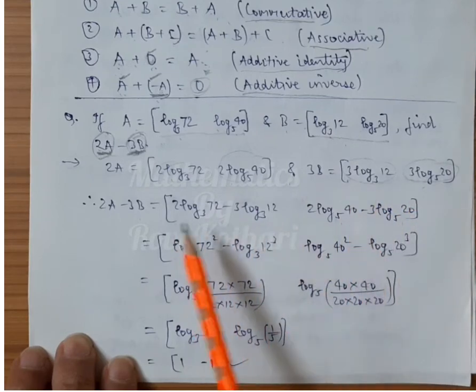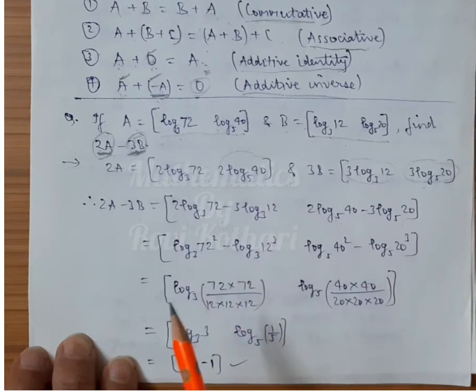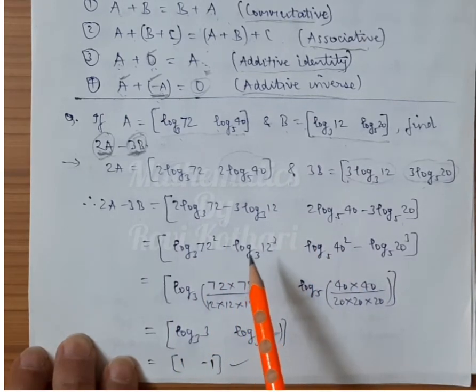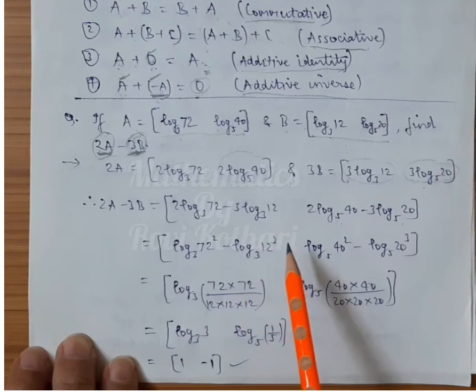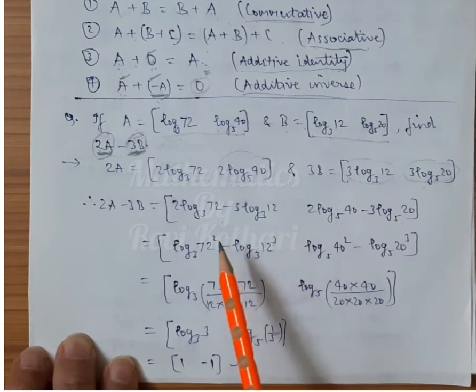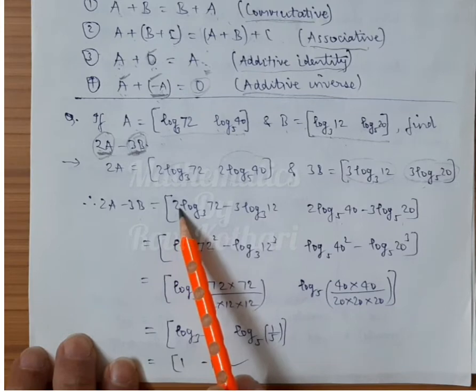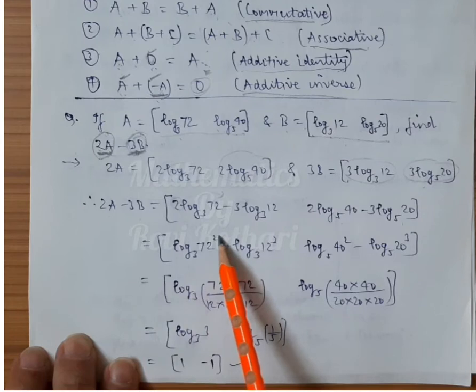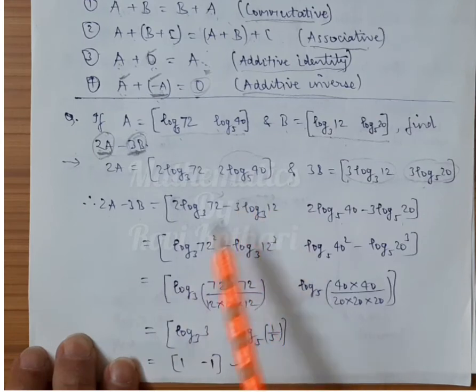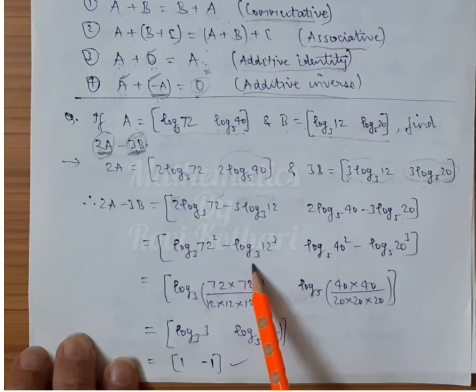Okay, we are done with this. अगर ये कोई normal question होता तो यहाँ पे solve हो गया था. But since there are logs involved, so we have to now use the properties of log and simplify it as far as possible. Let's simplify it. सबसे पहली बात आपको log की प्रॉपर्टी याद आनी चाहिए कि अगर पीछे 2 लिखा हुआ है तो इस 2 को मैं कहाँ ले जा सकता हूँ? पावर में. तो ये log 72 का स्क्वायर हो गया. इधर 3 लिखा हुआ है, 3 भी किधर चला जाएगा? पावर में. तो log 12 का क्यूब की बेस 3 हो गया.